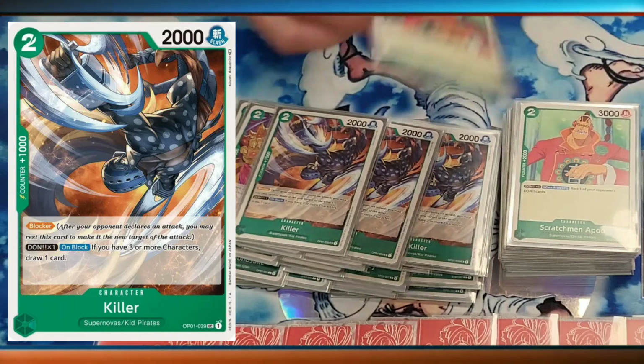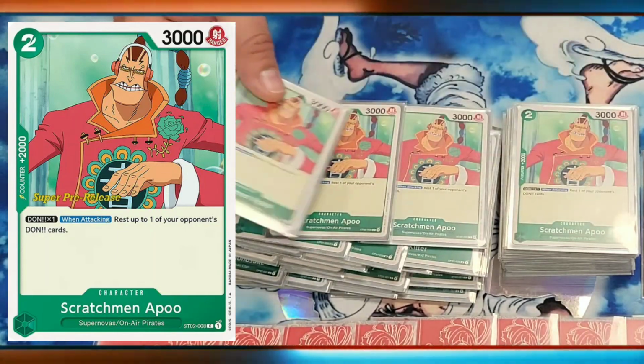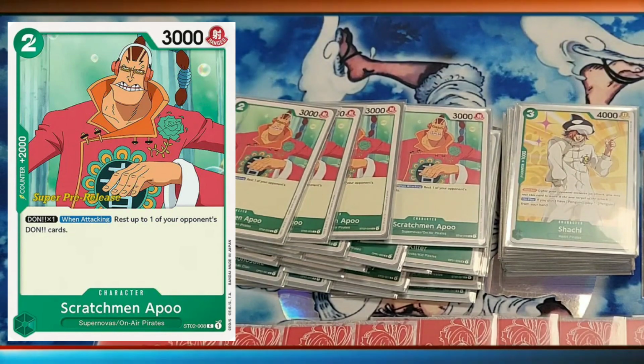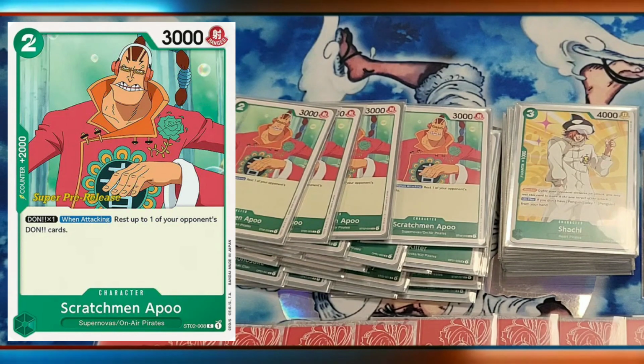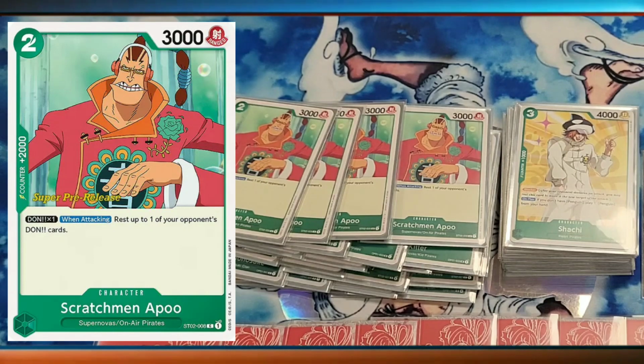And this is out of the set. This is out of the structure. It's a 2k counter. It's what I mainly use it for. Unless I'm playing Whitebeard, because when they drop the 9 drop, they always leave 1 Don open. So you assign a Don here, you can rest up to one of your opponent's active Don, so it makes